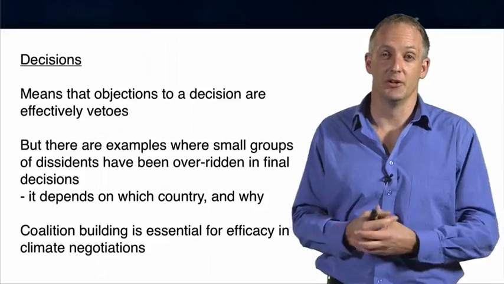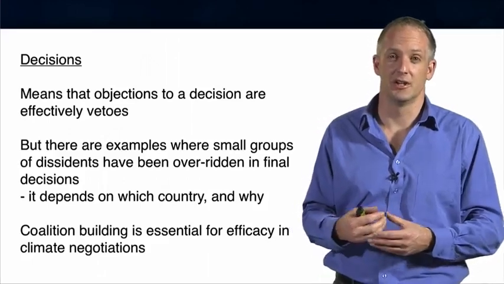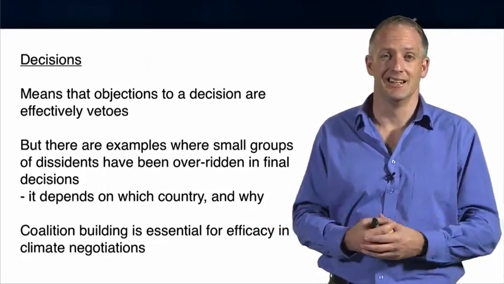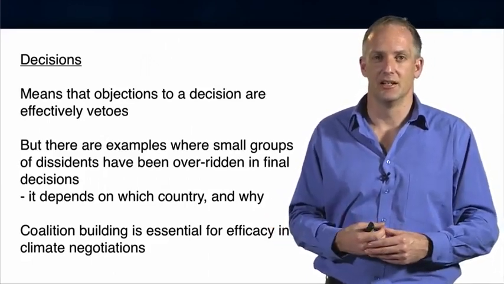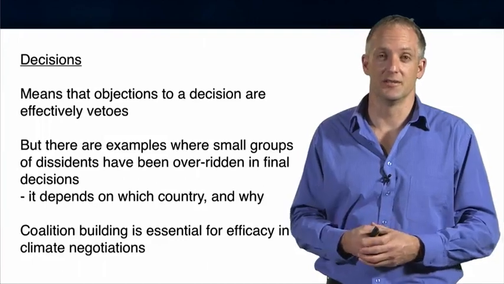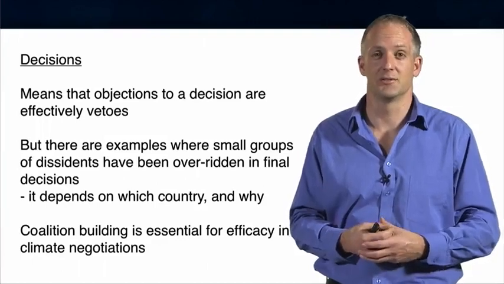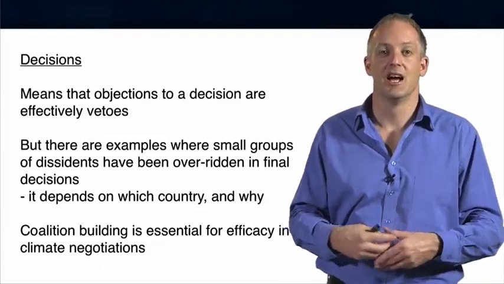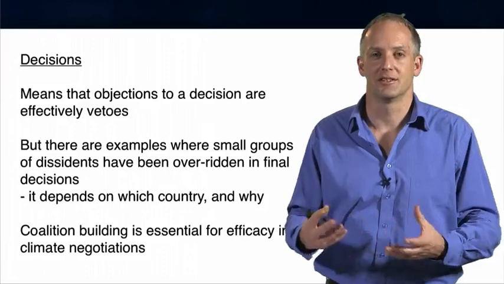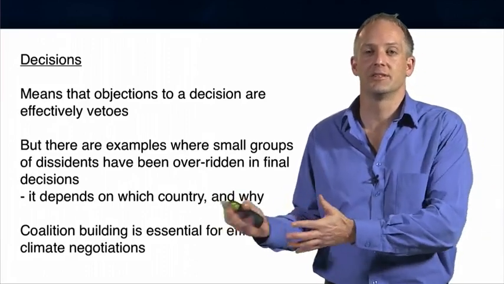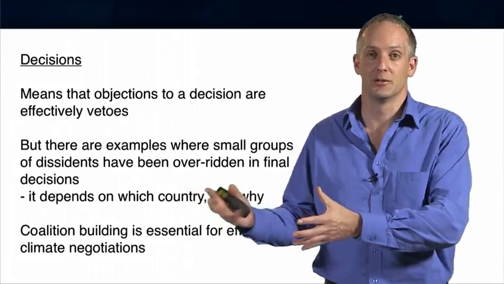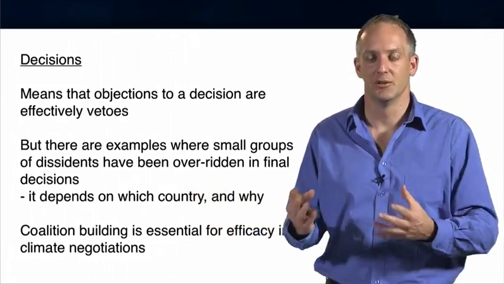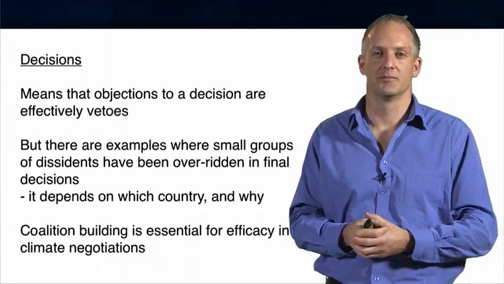And it depends a bit on who you are and which country objects. If China, or the carbon superpowers, China, the European Union, India, the United States object, then a single country objecting is a very significant problem. When the United States withdrew from the Kyoto Protocol, they were no longer able to participate in discussions under the Kyoto Protocol about a successor agreement. A whole parallel process had to be created about long-term cooperative action that included the United States, simply because one country didn't want to be part of the discussions anymore.